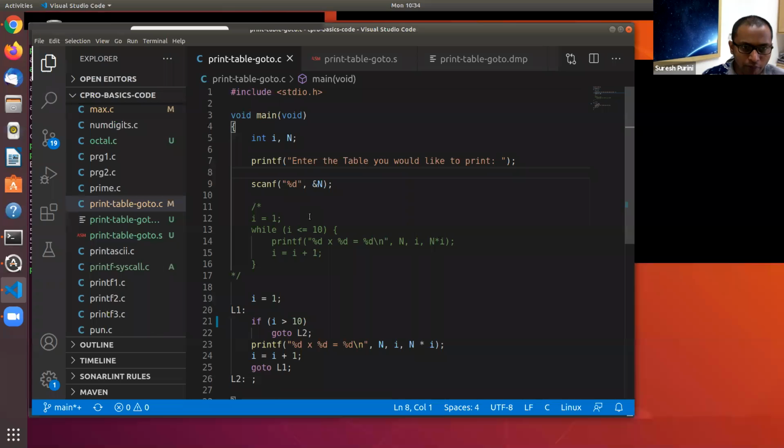If you observe the commented code from line 11 to line 17, before we are entering the while loop, we are initializing the variable I to 1. And on line 13, we are checking if I is less than or equal to 10. If this condition is true, then we enter the while statement. You print a line of the table depending upon the value of I.